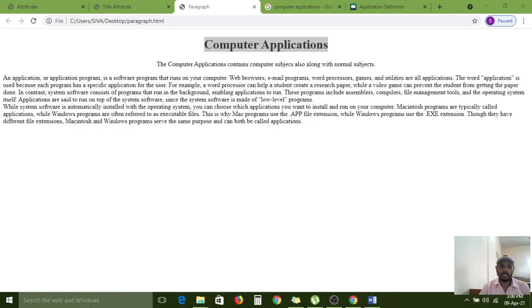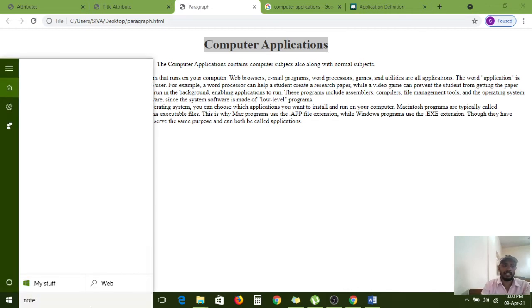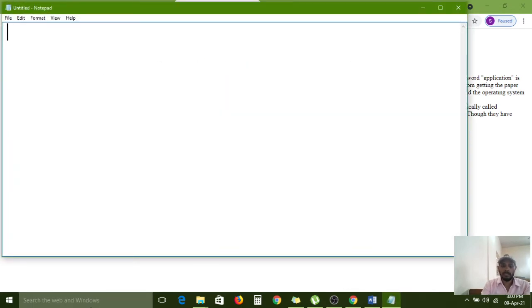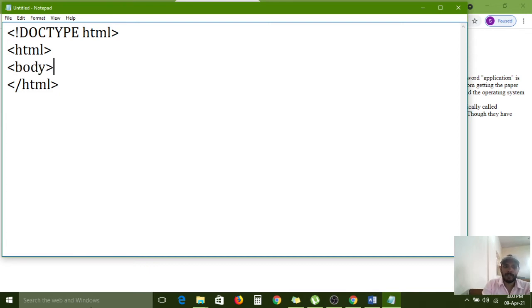Pre-formatted tag. Now I am opening one notepad window again. Doc type, HTML, open tag, HTML closing tag. Directly I am configuring the body tag. Here the head tag is not required,